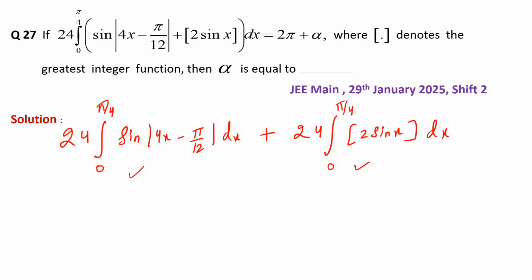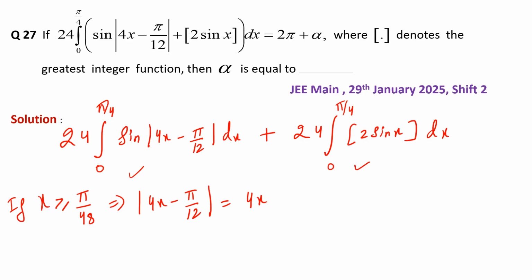That means when x is greater than or equal to pi upon 48, then mod of (4x minus pi upon 12) will become equal to 4x minus pi upon 12,